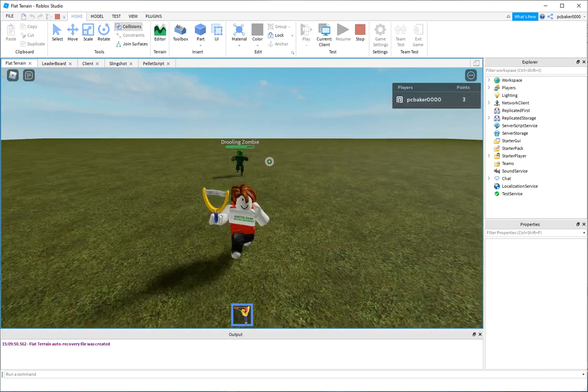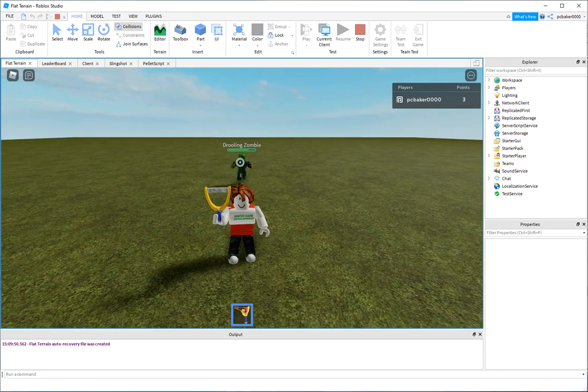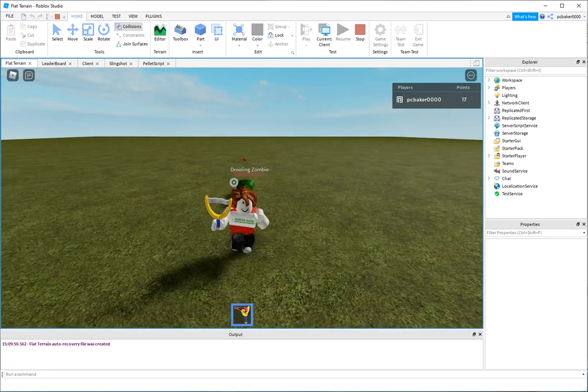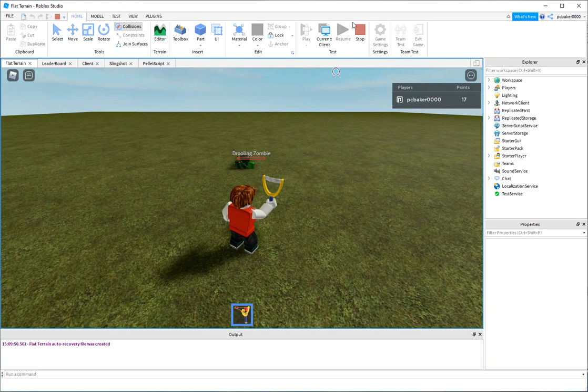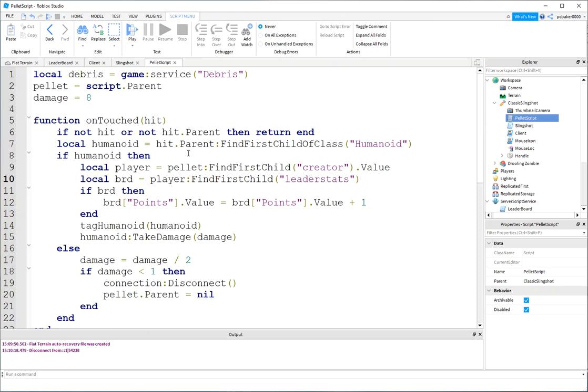See, I got 3 points, and it's only supposed to be 8 points of damage. But look how much damage you took. That's got to be like 25 points. See that? See all those points being added? I suspect there's something wrong with the pellet script. And what's happening, if you guys have played around with this stuff, is this touch event, this on touch, is probably hitting multiple parts. So this, although it's only 8 points, if I just hit the torso, I'll get like 8 points. But if I hit